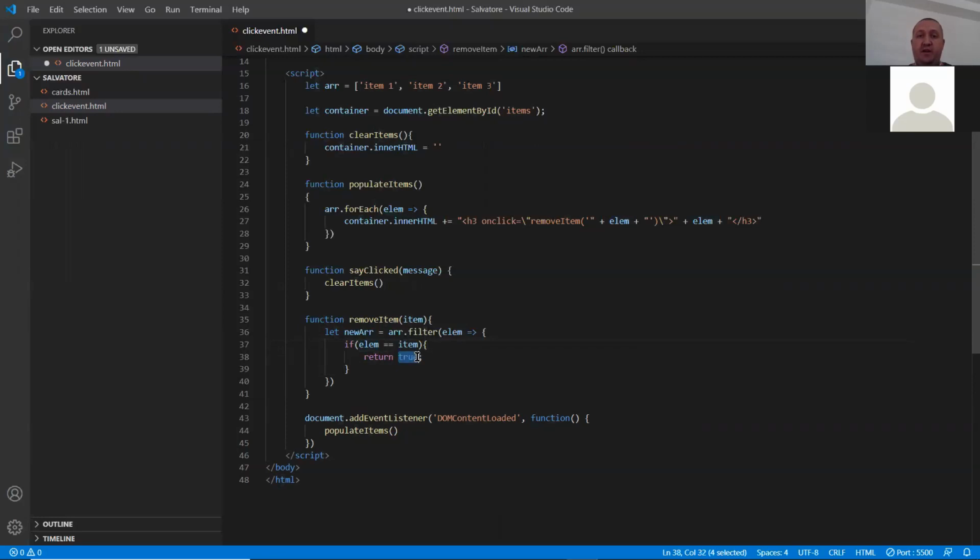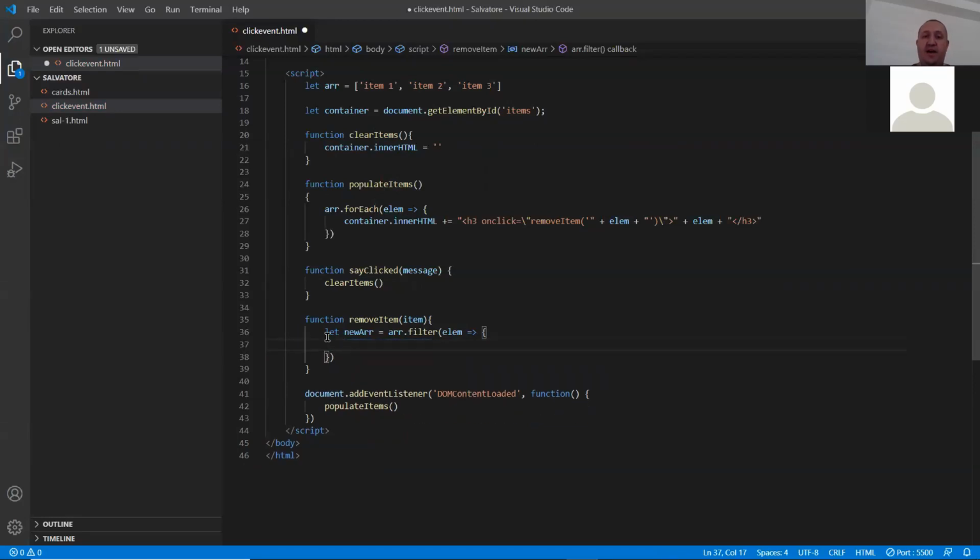So I don't actually have to write true in here. I just want something to happen whether it's true or false. Or I want, in this case, something to happen if it is not true. I want it to return false if it's not true. You could add the exclamation mark, right? So in this situation, I would say, if item is not equal to element, then what the